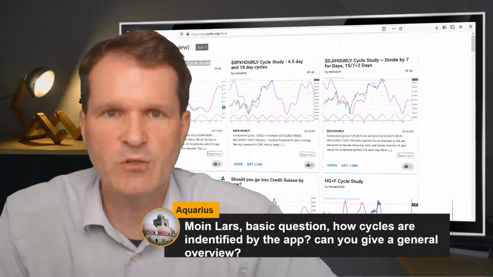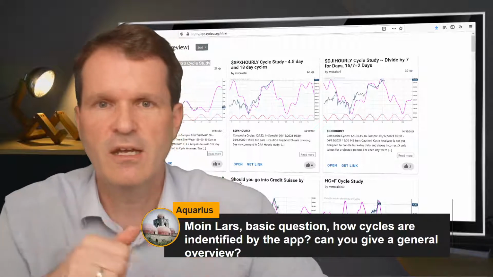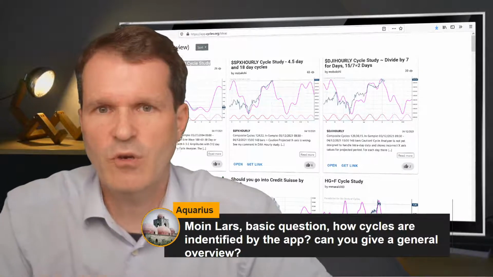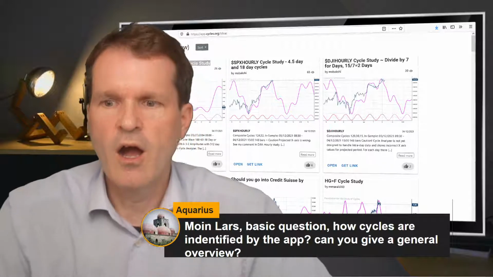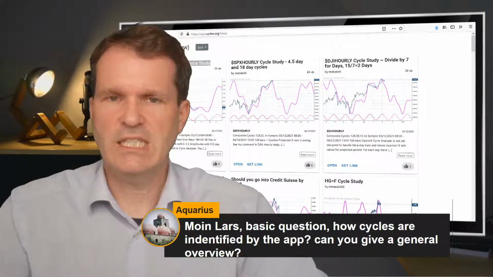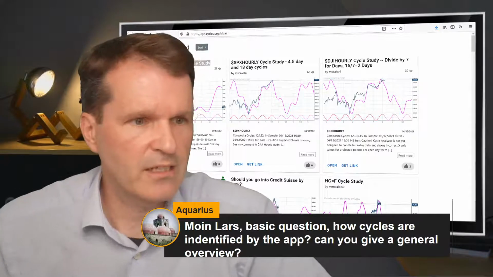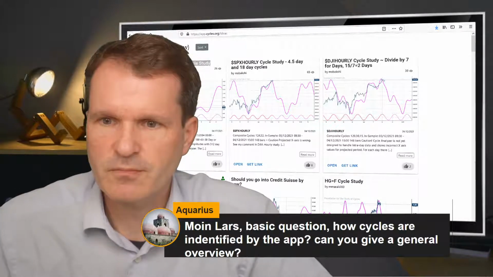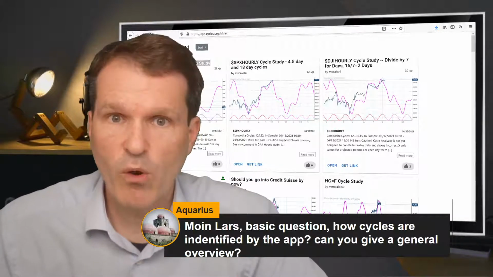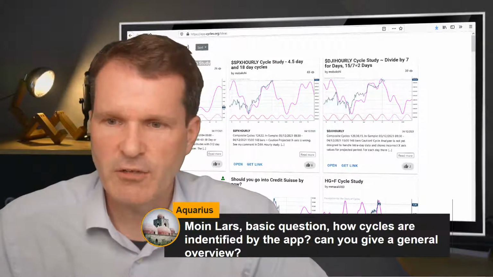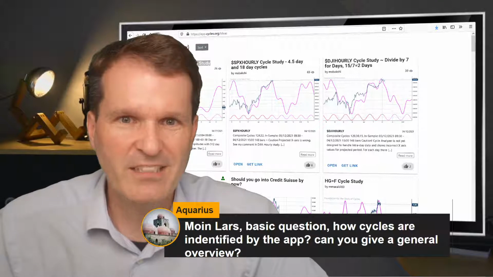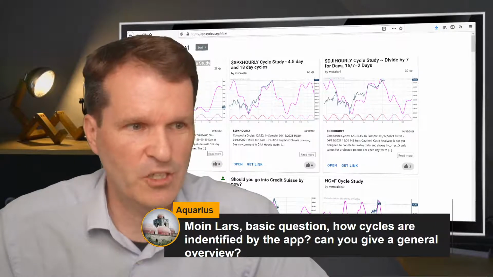The procedure: you need the amplitude, the peaks, the Bartle score, and the strength score, which is a kind of indication to select these cycles. Okay, that's the basic overview. We can also do a technical session sometime in the future to get more into the algorithm of that. Okay, Aquarius, I hope this helps a little bit. Otherwise, feel free to drop in additional questions on that.